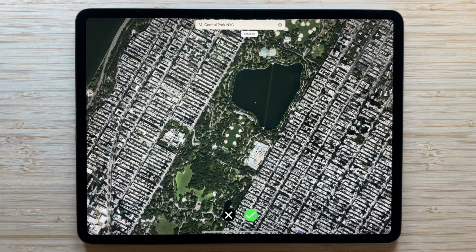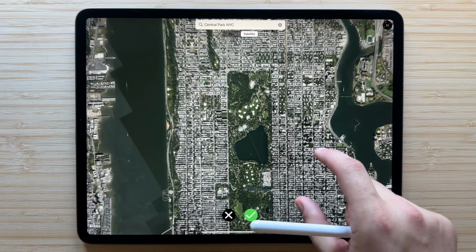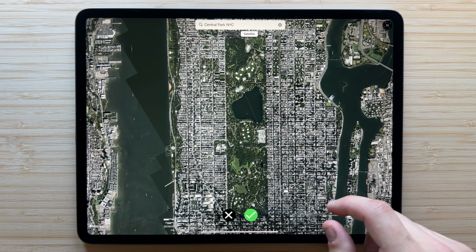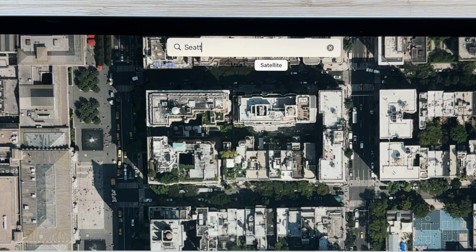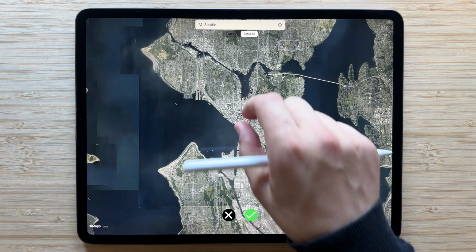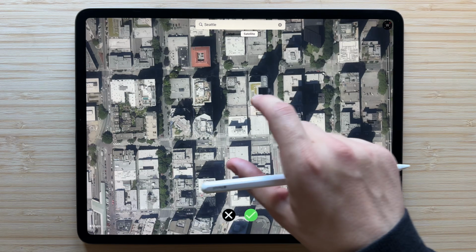You can see that Apple Maps automatically generates the map of New York City, and we can now zoom in or out to get the exact view that we want. It's super easy to jump from place to place or city to city, so let's check out a site in Seattle. I can zoom into the downtown area in Seattle, and you can see how it's giving incredible site plan